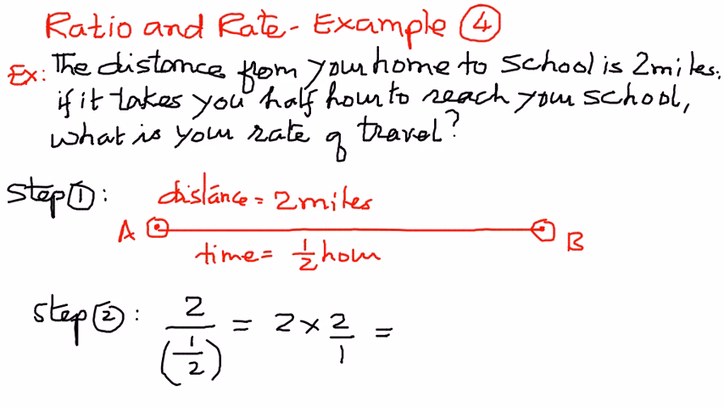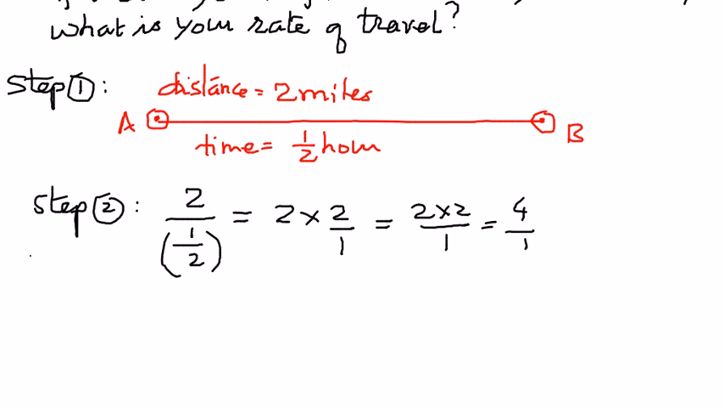And when we simplify this, we multiply the numerators and then multiply the denominators. So 2 times 2 is 4 divided by 1. And what this is telling us is, it is telling us our rate is 4 miles per 1 hour. 4 is the numerator. It is telling us we are traveling 4 miles. We are traveling 4 miles per 1 hour, or 2 miles for half hour means the same thing, but we